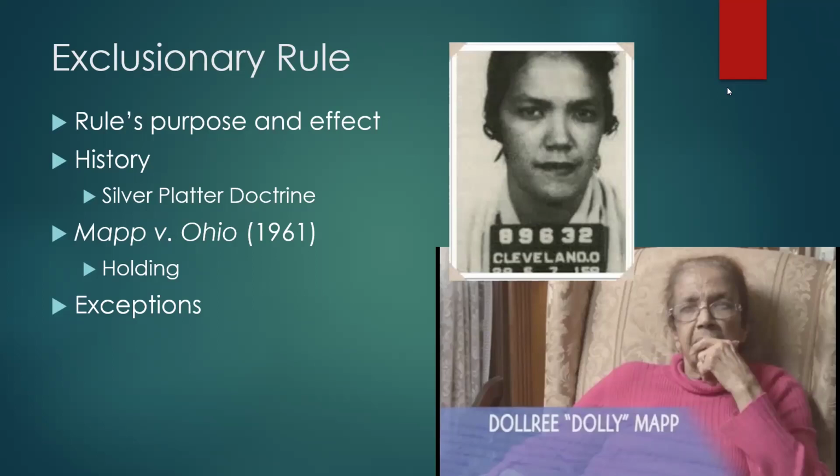And it only applies, here's another exception, it only applies to the person who had the privacy rights in the evidence. So there's a standing exception there. That's legal standing that applies. Evidence can be used against the defendant in spite of an illegal search if the police would have obtained the evidence anyway. That's the independent source or inevitable discovery exception. And then there's that causal connection that's part of this. What is excluded is only the evidence that the police would not have obtained but for their illegal action.